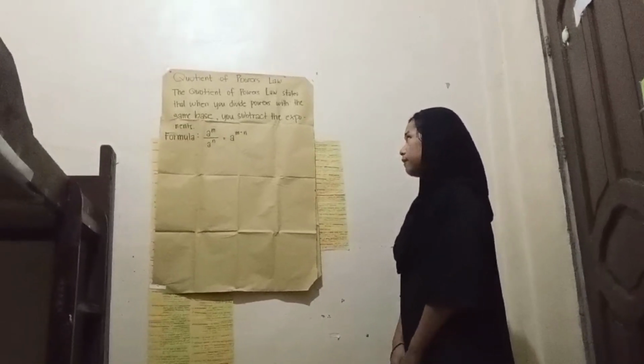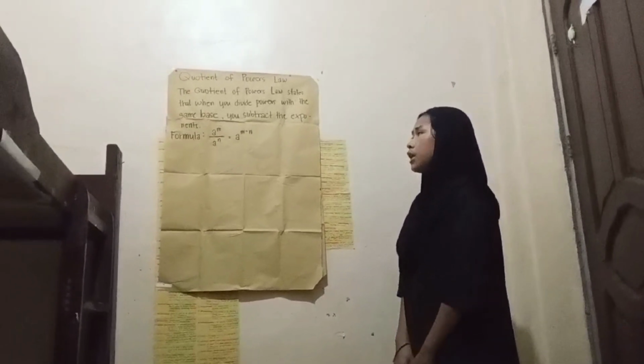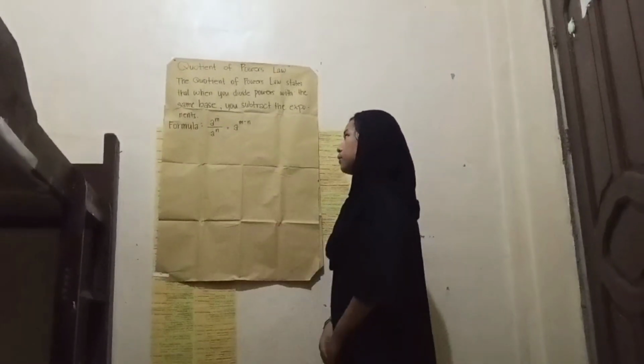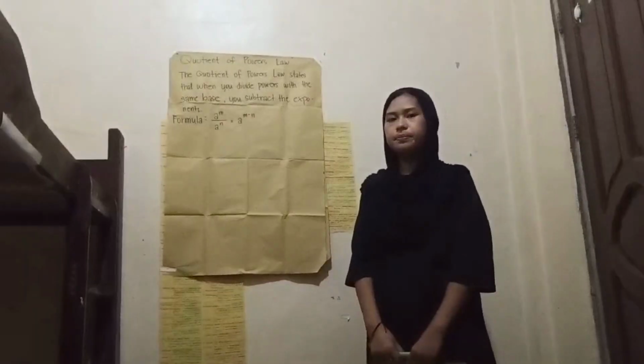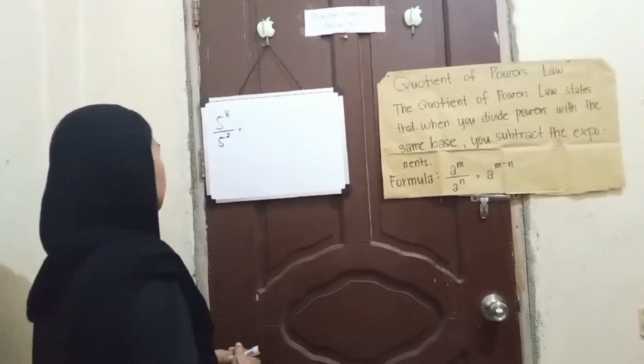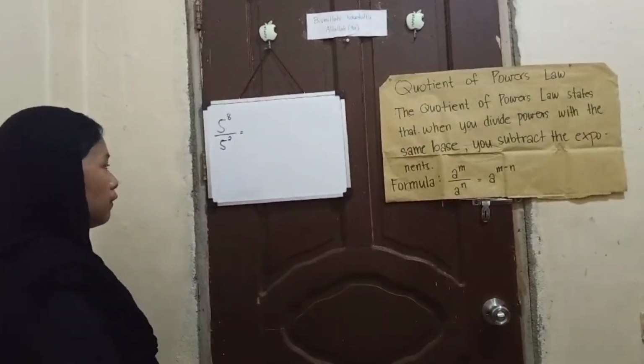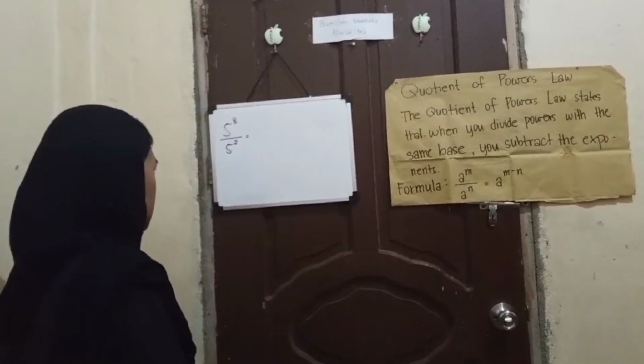The quotient of powers law states that when you divide powers with the same base, you subtract the exponents. The formula is a raised to the power of m over a raised to the power of n equals a raised to the power of m minus n. Example: 5 raised to the power of 8 over 5 raised to the power of 2 is equal to